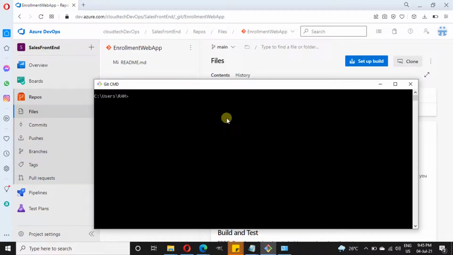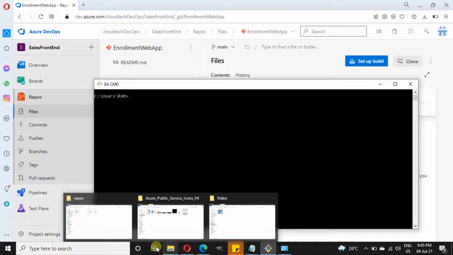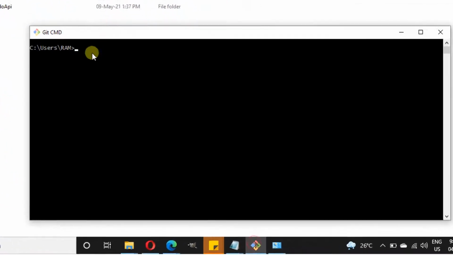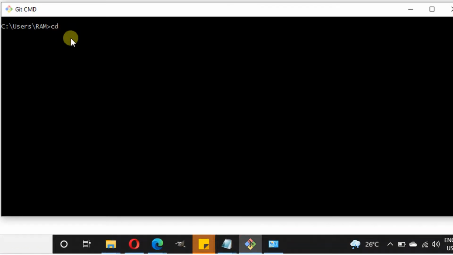Now let's see how to clone our Git repository into our local with commands. So this is the path where we do all kind of Git related operation. So in this folder only we will clone it usually. So just copy this and change directory, cd, which is change directory, and just paste it and execute. So in this folder only we are going to clone it.